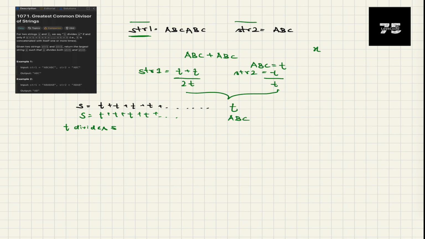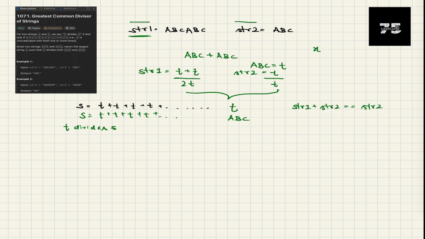The code for this problem is very small, just 4 lines, but we have to understand it. It's a problem which is mathematically inclined. Before even going to the GCD approach, the first thing that comes to my mind, after understanding the question, is that we need to check string 1 plus string 2